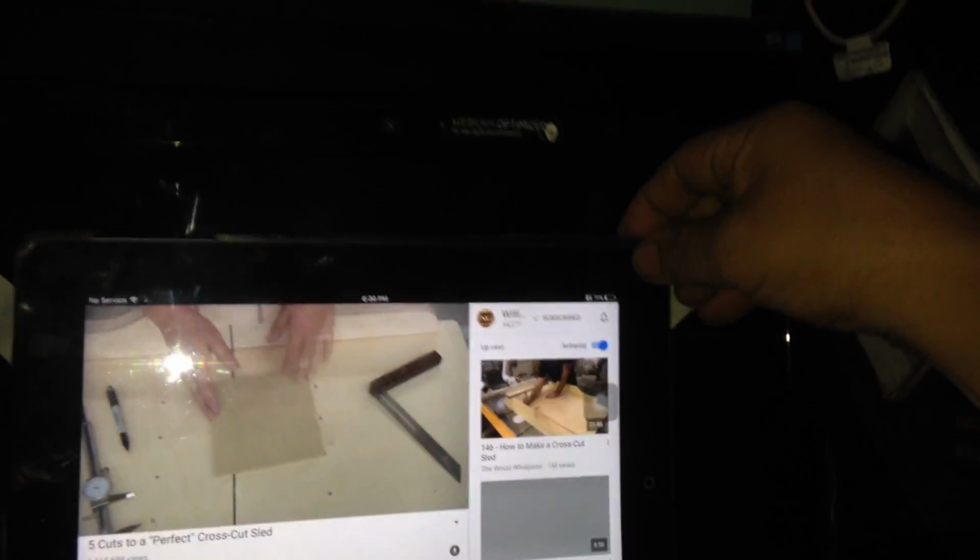Now I'm going to show you how to fix and calculate the area ratio if your fencing is not square. So let's just say your first cut, instead of being at 90, let's just say we're 5 degrees off. Okay, so